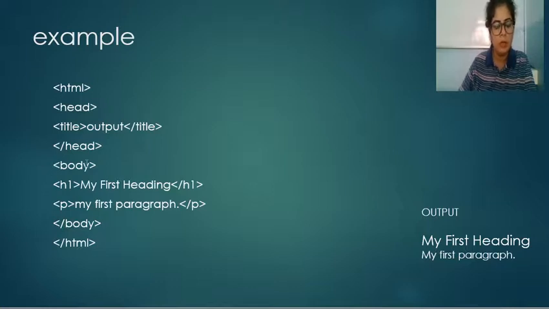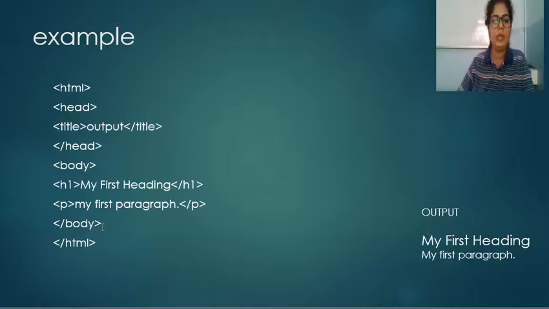So here we have opened body tag. We write the contents, whatever we want to display on the web page, and then body tag close, HTML tag close. So this is the basic syntax of HTML file. HTML open, HTML close, head tag open, head tag close. In the head tag you can give title, title open, title close. Then after the head tag you have to write the body tag, whatever text you want you write here, and then body tag close.